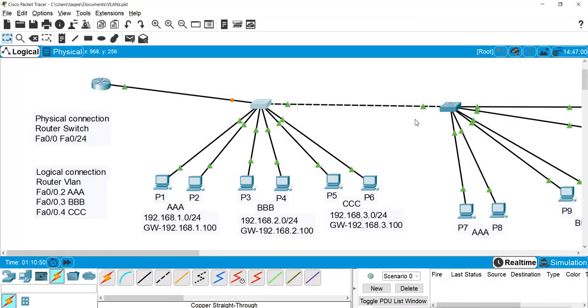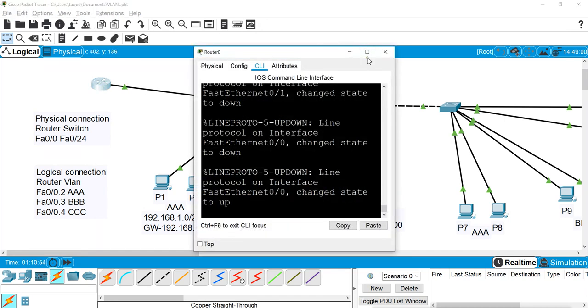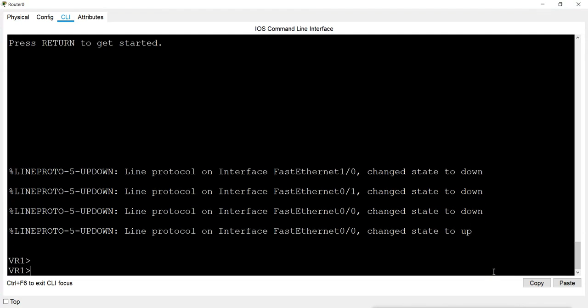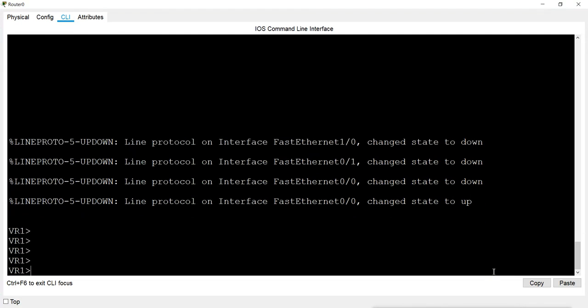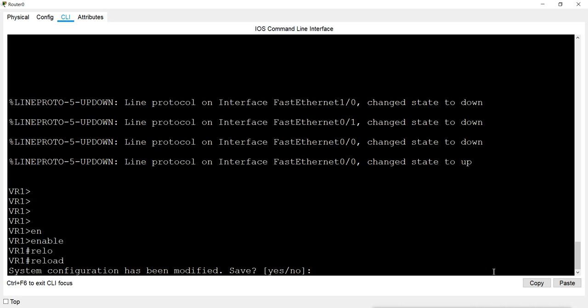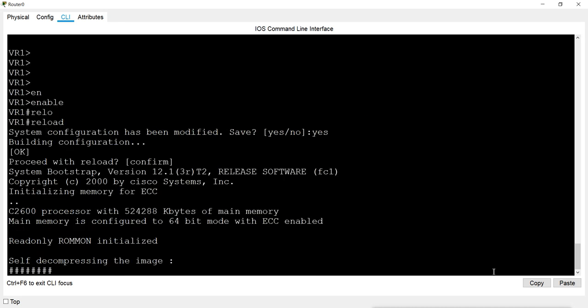So what will I do on the router first? I will reload the router so that it will remove the previous configurations, so that I can do the new configuration.